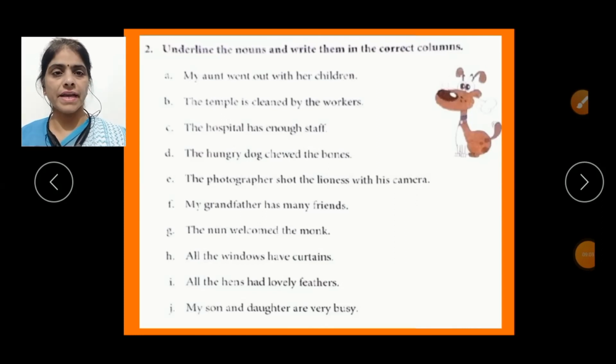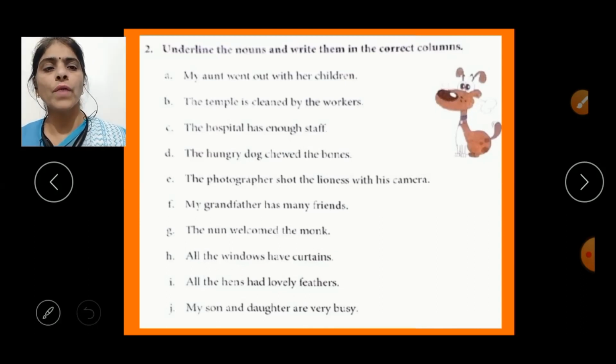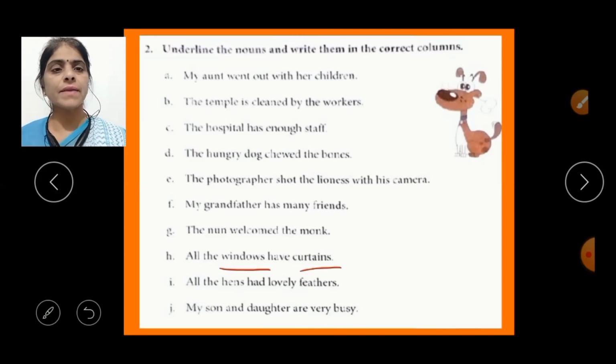The next one is, all the windows have curtains. In this sentence, the nouns are windows and curtains. As you can see, both windows and curtains are non-living things, so they both belong to neuter gender. The next one is,